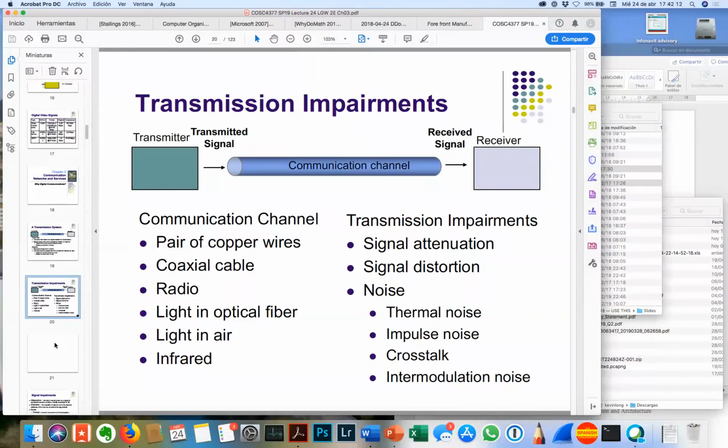Signal distortion, the habit of signals to drift in frequency, all kinds of noise caused by heat. The hotter it is outside, the more noise is introduced into a cable. There's impulse noise with people sparking things with static electricity or something passing underneath. There's crosstalk because your wires aren't shielded. Your signal actually bleeds from one pair to the other. And then other types of interference like